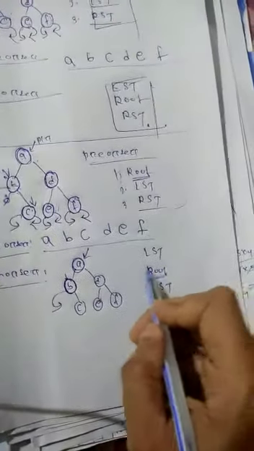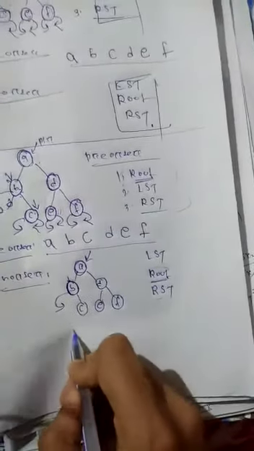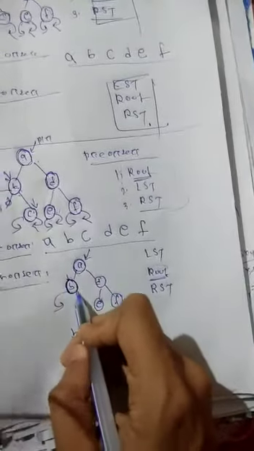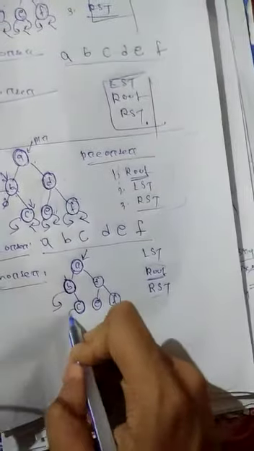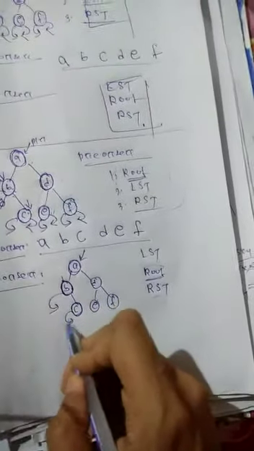Then what is the second statement? Second statement, root, means you have to print the data, so here we have to print the data, B will be printed. Okay, then the next, third step, right subtree, we have to visit the right subtree. So first step, we have to visit the left subtree, no left subtree is there. Second step, we have to print it, then C will be printed, then we have to finish the right subtree.